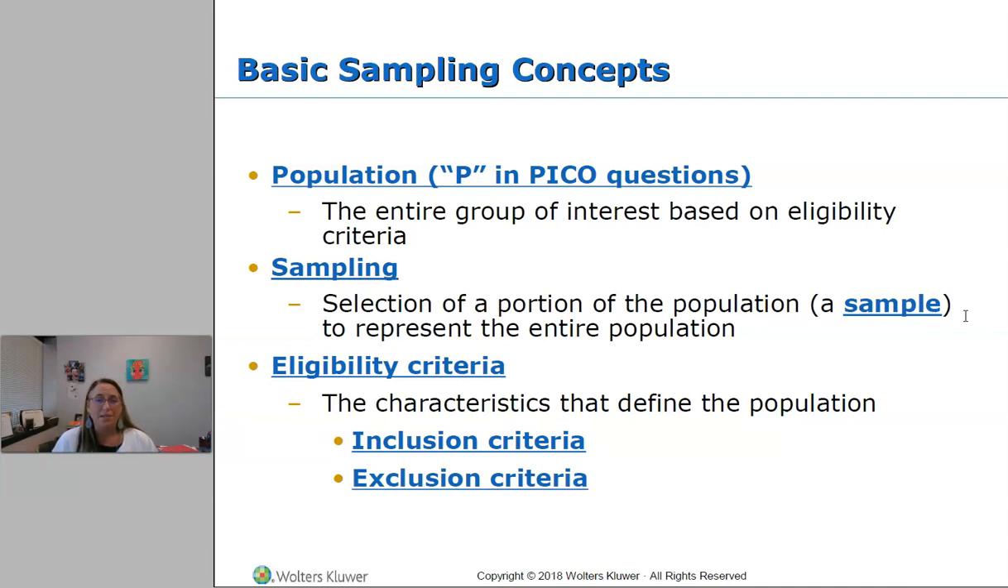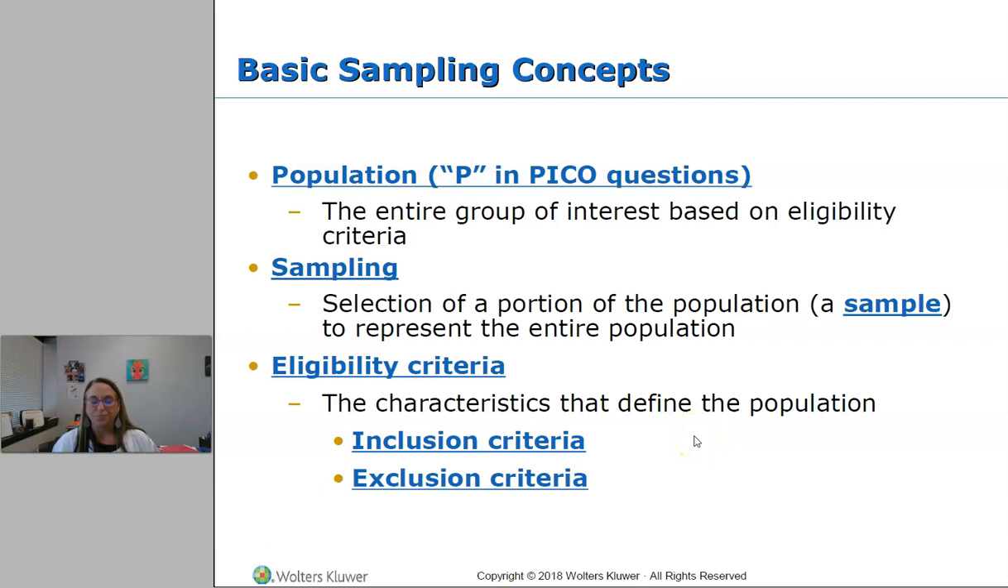There's no way I could possibly ever talk to or survey everyone who meets that definition. So I can't possibly access or talk to all type 2 diabetics who have severe peripheral neuropathy and a history of at least one amputation. Impossible. That's who, though, I want to learn about, that big population. Once I learn about my little sample, then I can hopefully expand what I've learned to the bigger umbrella population. So sampling is selecting a small portion of that population that's going to then represent the entire population